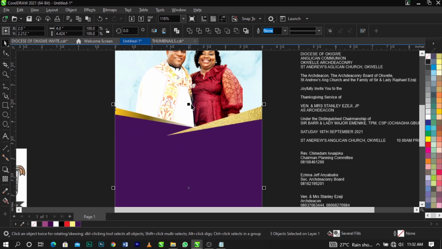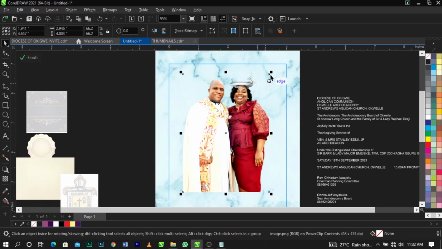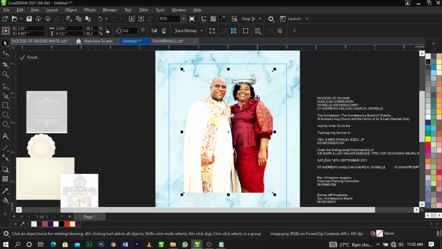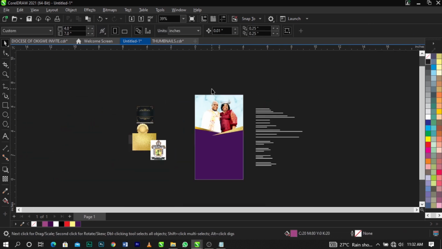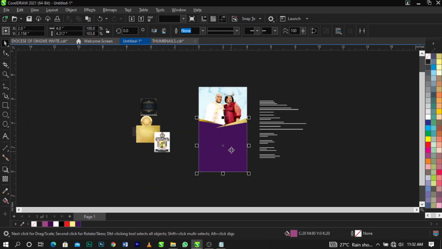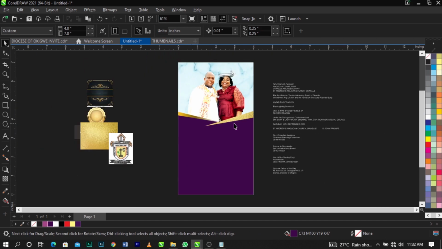This way. So let's take this up a bit and scale it up, because we'll be putting some text over there. All right guys, so this is fine for now. This is what we're going to have for now. I'm going to maintain my own color. So what we're going to do is